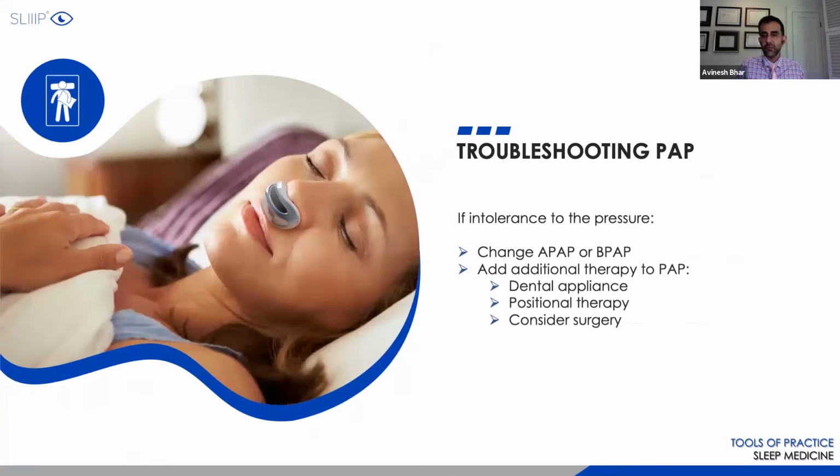Now, if they're intolerant to PAP pressure and you've changed the EPR or the A-flex, you've gotten them to sleep on their sides, for example, you may want to change from auto PAP to BiPAP. So send them in for a CPAP titration, especially in a lot of patients that are getting home sleep tests now. You will need to send them for CPAP titration. Find out if the pressure settings need to be changed, whether they need to maybe be placed on BiPAP.